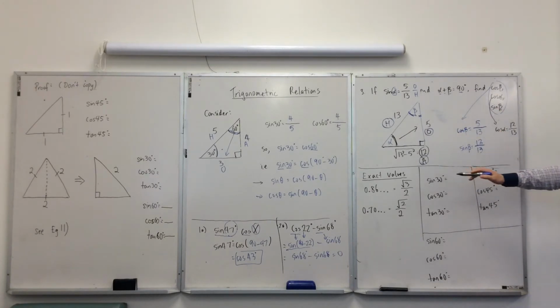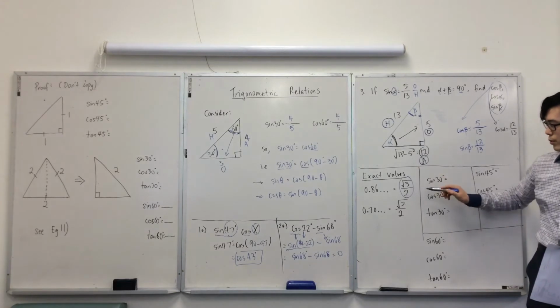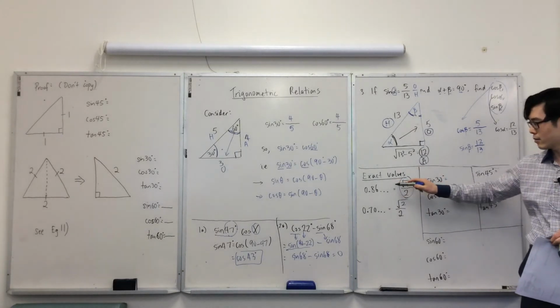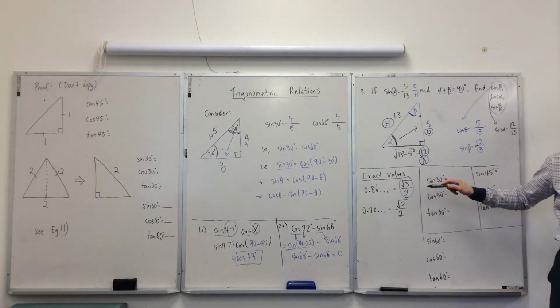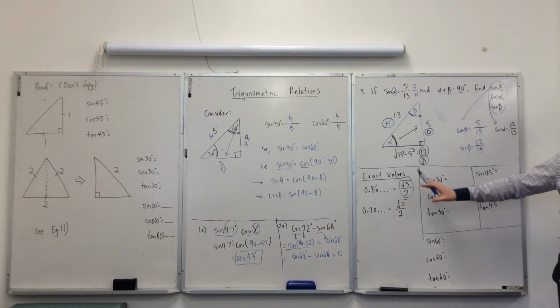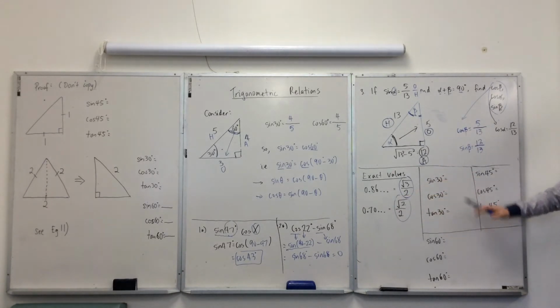Now, this is the most important part that you will need all the way to year 12, and it's called exact values. So, girls, if you type in root 3 over 2, you're going to get that decimal number, 0.86. So when you see that number in the calculator, it's root 3 over 2. If you see 0.70 and recurring, it's always root 2 over 2. I want you to remember these two numbers because these two fractions cover almost every one of these exact trig